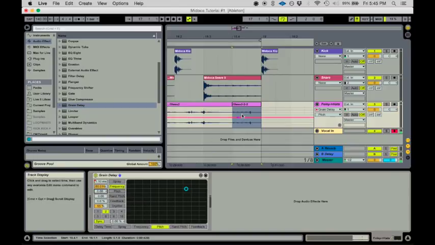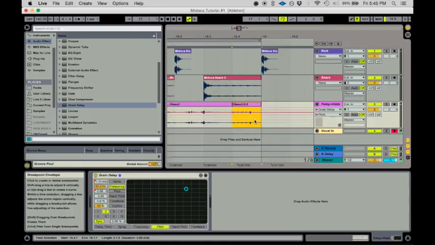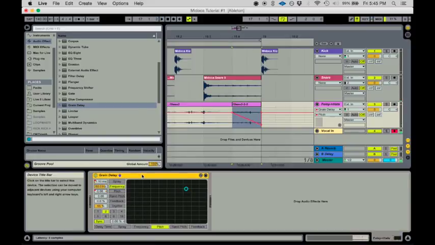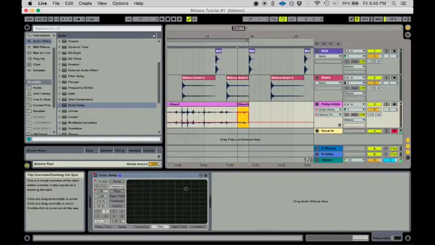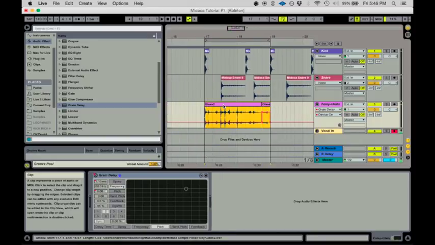We can even maybe try this pitch thing and see how that sounds. This is going to change the pitch only of the effect and not necessarily the sample. Let's do that. Yeah, I like that. One final thing is I'm going to go over the top of the grain delay, and once you hit the device activator and turn it off, it gives you the option over here on the track to affect it. Hit B and then just turn it on at the end of the loop, and then you can highlight the whole thing by holding shift and clicking. Command L loops that, and altogether you have